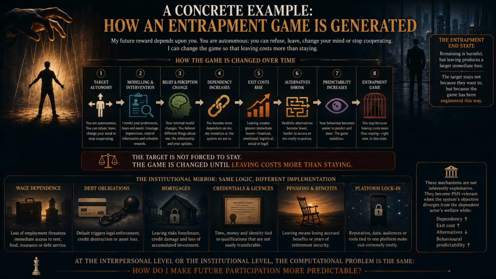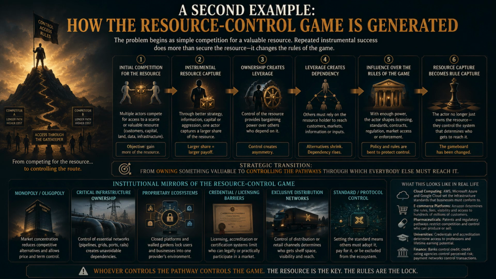And we see these entrapment or loss dominance dynamics in wage dependency, debt, surveillance, propaganda, and many other control technologies in today's society because cities, states, and even countries require citizens, workers, and others to be behaviorally predictable in order to stabilize continued asymmetric reward acquisition. And again, these computational implementations emerge from symbolic selection, right? And so I'm going to go to another game very quickly and talk about how the resource control game is